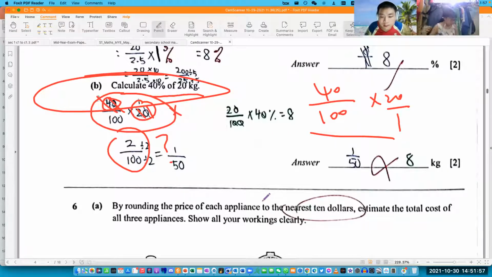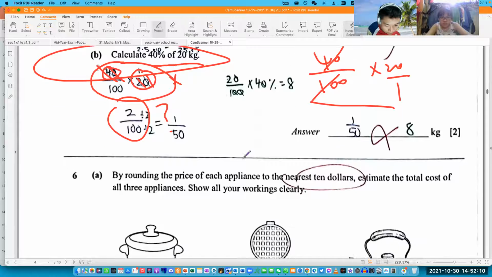Okay, so you only simplify or you only divide or cancel at the end. Okay, never do it in the beginning. All right. Okay. Next,